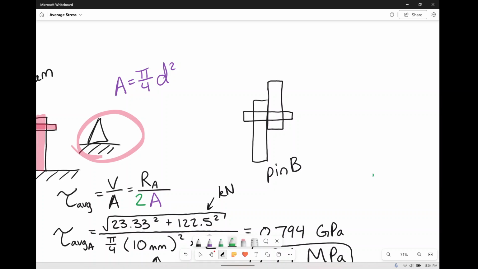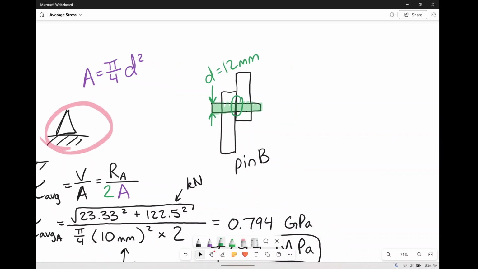It is quite simply just this pin right here. It's two things held together by effectively one little bolt. And they can freely rotate, right? So that's in single shear. This is our single shear, only one shear plane, and the only shear plane is right here. So again, that diameter, we said the diameter here was 12 millimeters for pin B. So this time, if I want to find the average shear force at B,